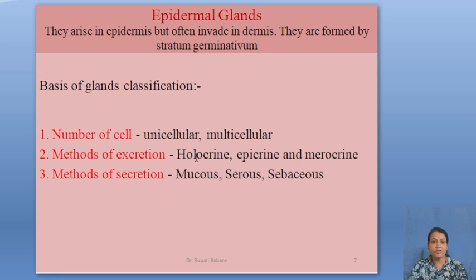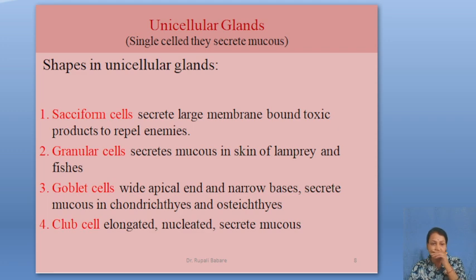Second is the method of excretion. It consists of 3 different types: holocrine, eccrine, merocrine. Third one is the method of secretion, which also has 3 different types, that is the mucous gland, serous gland and the sebaceous gland. So on the basis of number of cells, the epidermal gland consists of the first, unicellular gland,